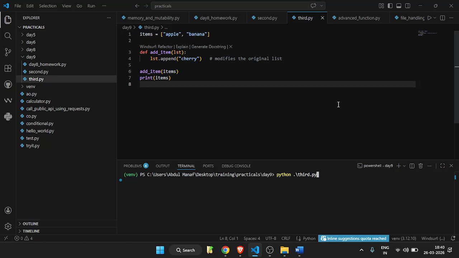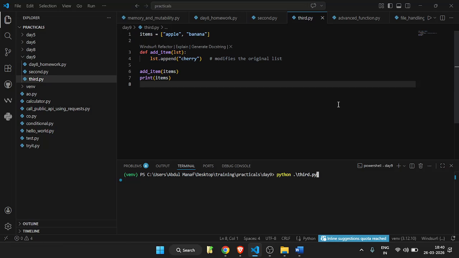Yeah. The both are same. What both are same? List and the item. No. My question is, if I pass the integer there, what happens? If I modify the value inside and if I try to print outside, what happens? The output will be apple, banana, and cherry. Okay, see. My question is,